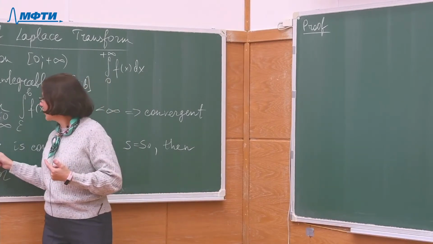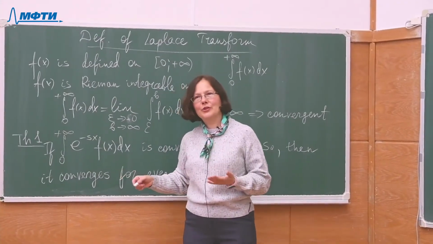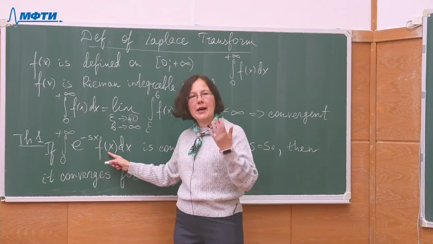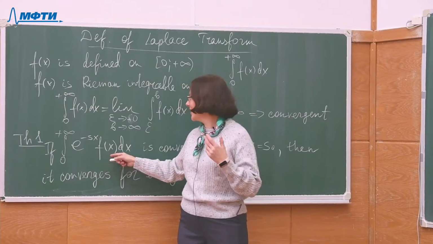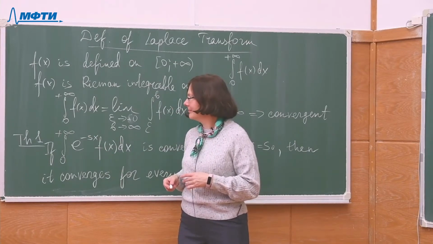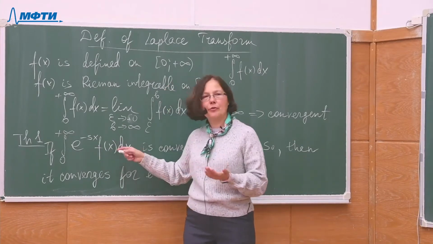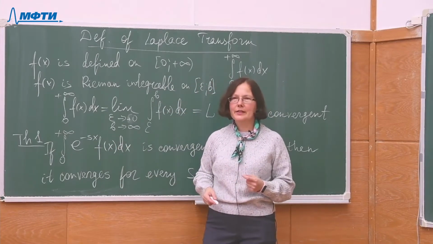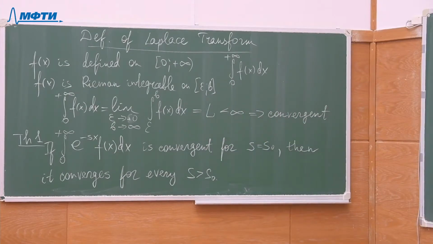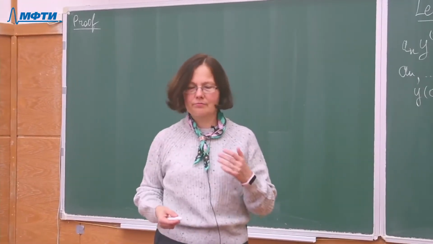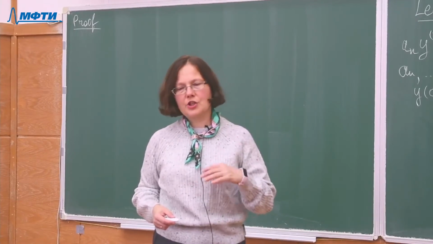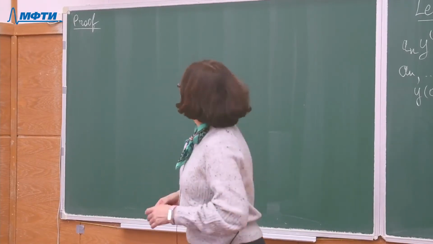Is this function of constant sign or not? Do you know? So f of x is an arbitrary function, so we know nothing about f of x. It may change sign, right? So maybe we can't use comparison theorems. It's the comparison test, right, for positive functions. Okay, but what about functions that change sign? Do you remember